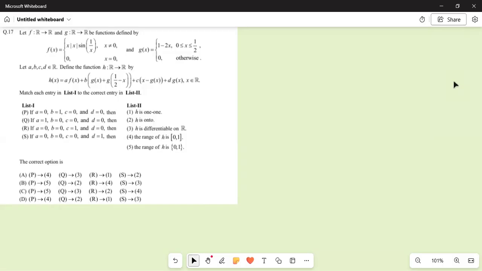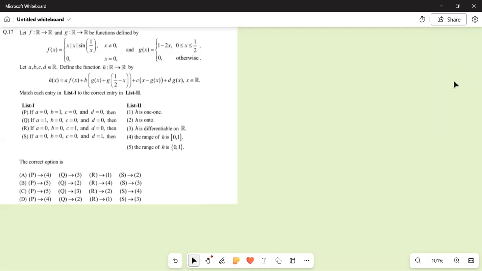This is a question that had been asked in JEE Advanced 2024 paper 1. And the question is as follows. We have been given two functions, f(x) and g(x). Using these two functions, they are defining a new real valued function with the domain R. It is obtained by using these two functions only, and based on these, we have four constants A,